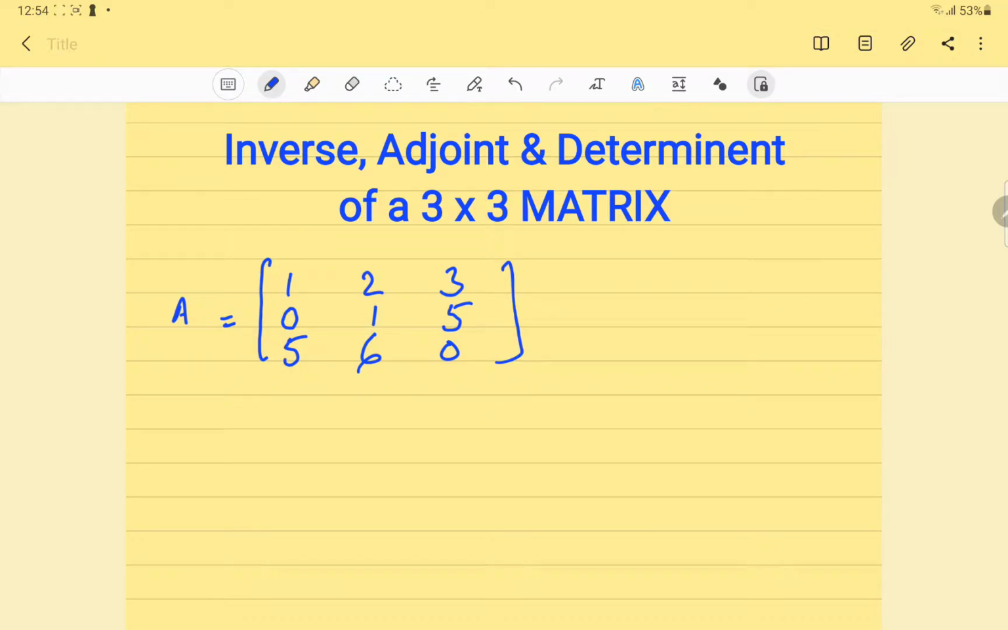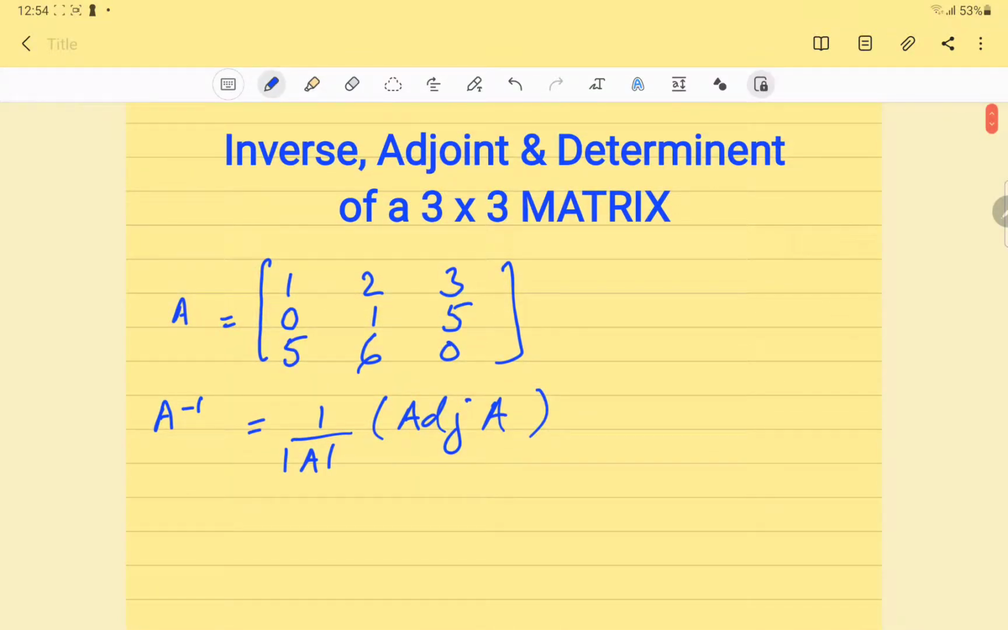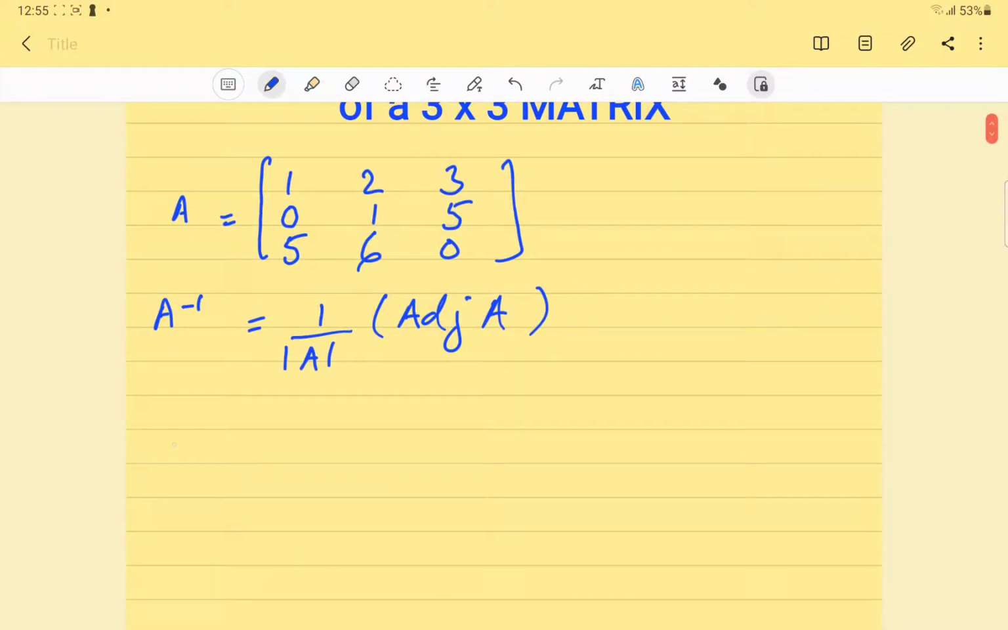and we are going to find here A inverse, which is equal to 1 over determinant of A multiplied by adjoint of A. So we have to find all the three, that is A inverse, determinant of A and adjoint of A. So let's go ahead with the determinant first. Determinant of A is equal to,